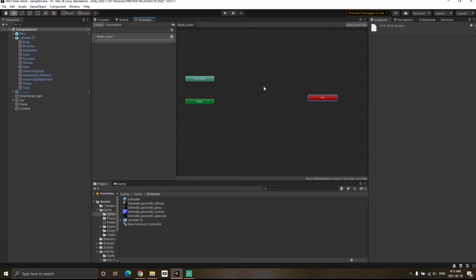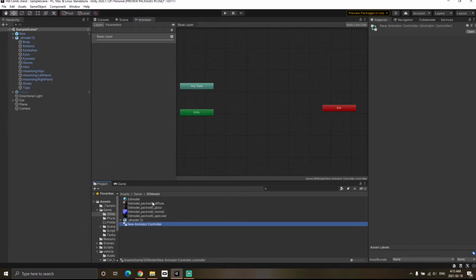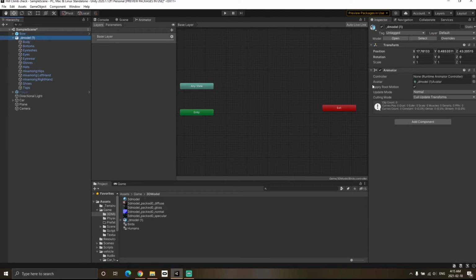Currently we don't have any animation file and I'm going to import one soon, but let's say you have 10 animations, you will be connecting those 10 different animations in the animator controller itself. Now you can use 2 different animator controllers for 2 different set of animations. So once you have created an animator controller, you can drag it and put it over here.